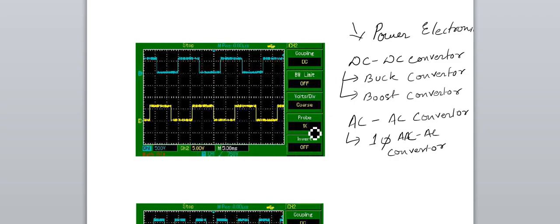But before that, this is the output of a DSO, Digital Storage Oscilloscope. You must bring a pen drive because these graphs will be given to you, and you must calculate the average value and the RMS value of those waveforms. I hope you have learned that and are able to do it.